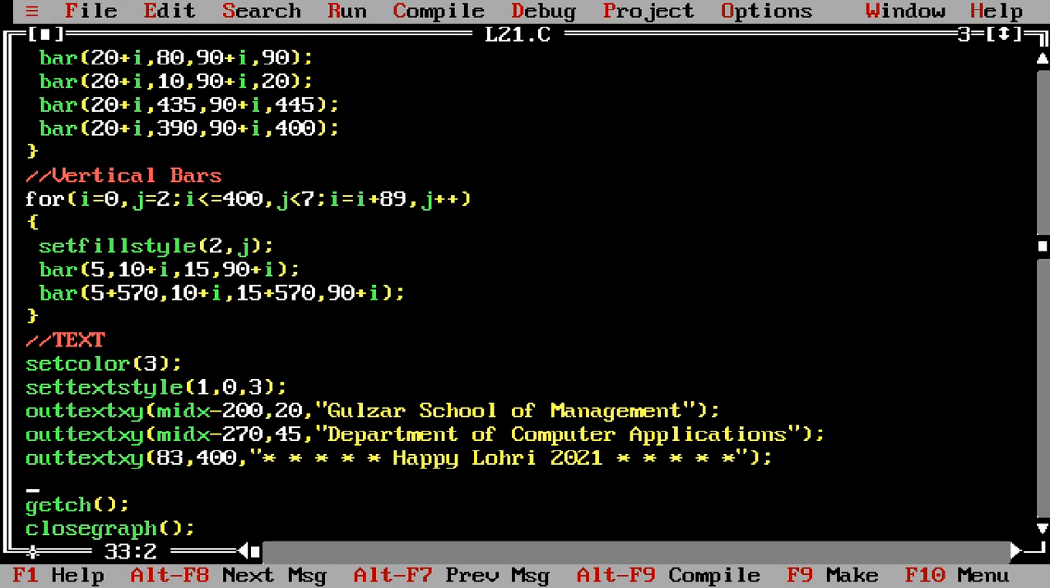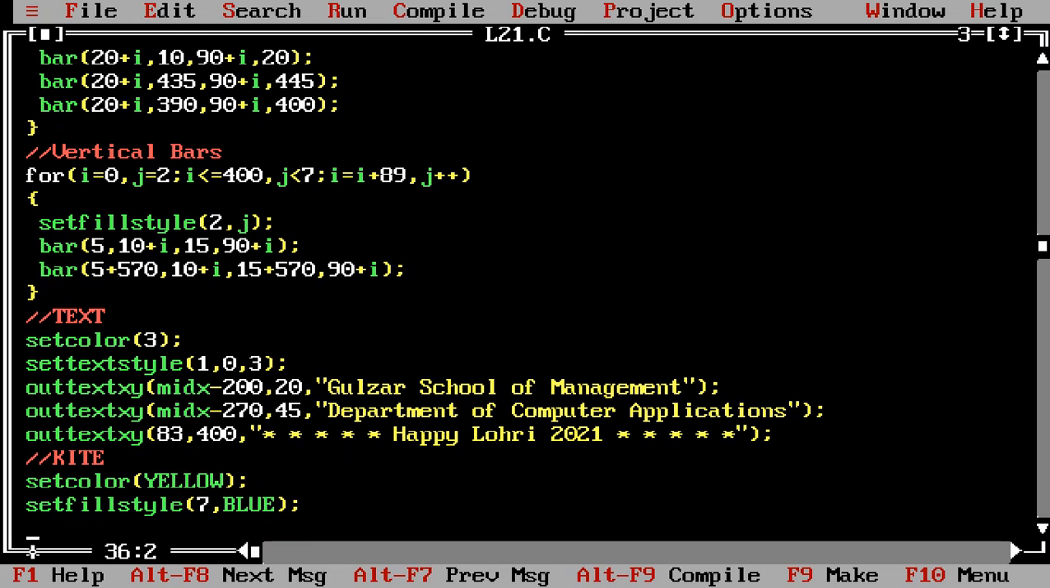For that, first of all, designing of kite. For designing of kite, first of all, setting of color is required. Let the color be yellow. Then set fill style 7 design, then color, fill poly, then 4, comma,